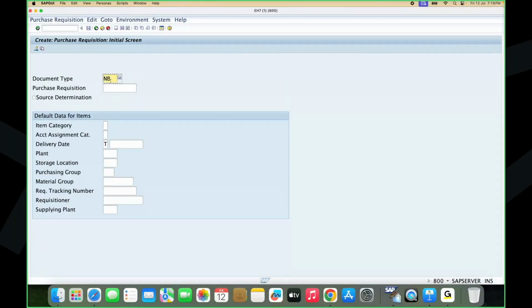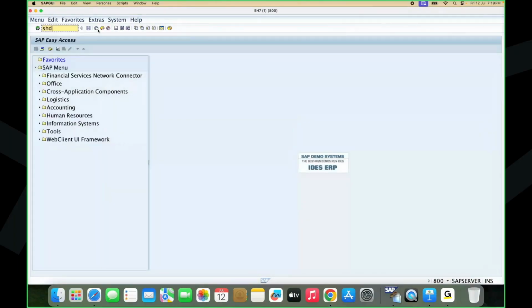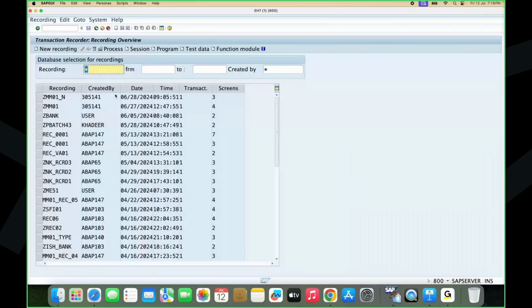To understand how you need to convey this information to the system, there is a transaction code we have. By using the transaction code, we can grab the system-understandable language. That transaction code is SHDB. SHDB is a transaction which is called recording related. What we do with this transaction is get the technical terminology to speak with the system